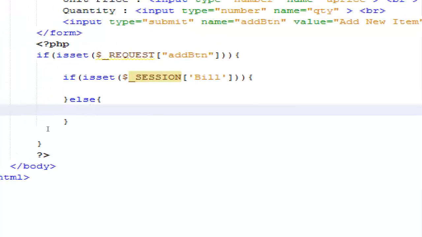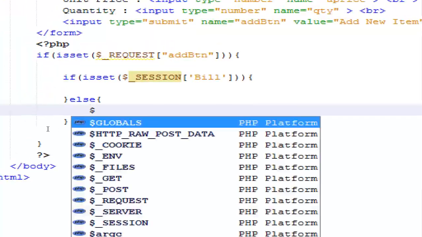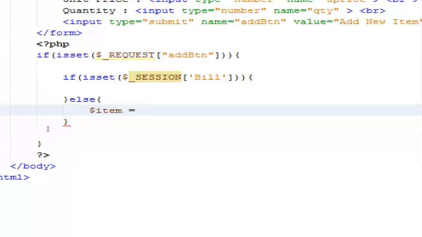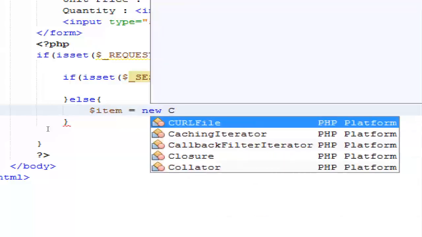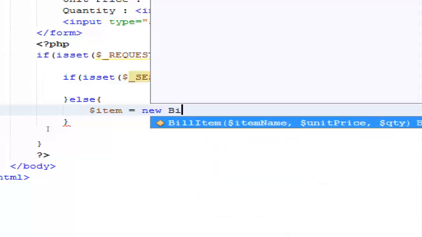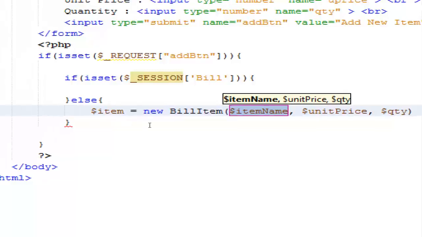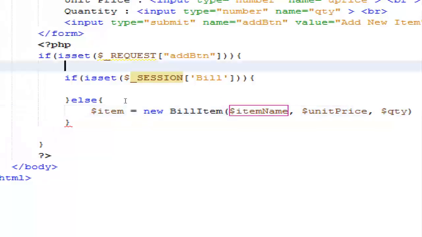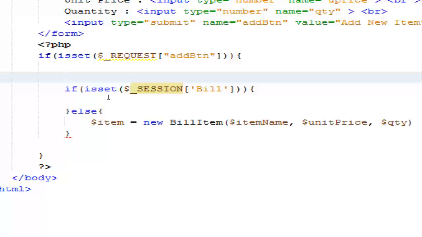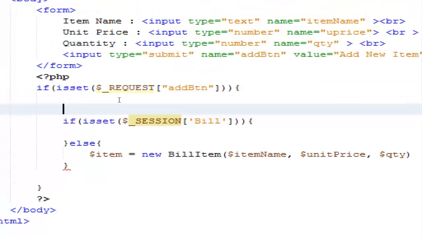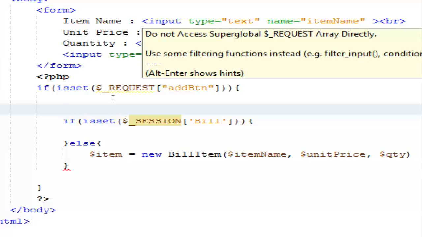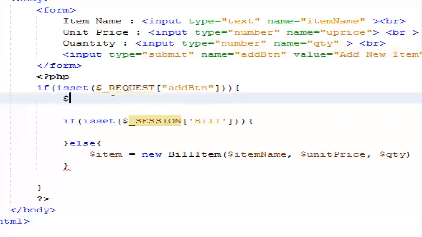So how do I create the item? I'm going to say item is new BillItem. And what are the things I am supposed to enter? I am supposed to enter all this detail. I'm not going to take it directly. If you notice here, NetBeans is warning you that you are trying to directly access the user input, which is not a good idea. So I'm going to just store this